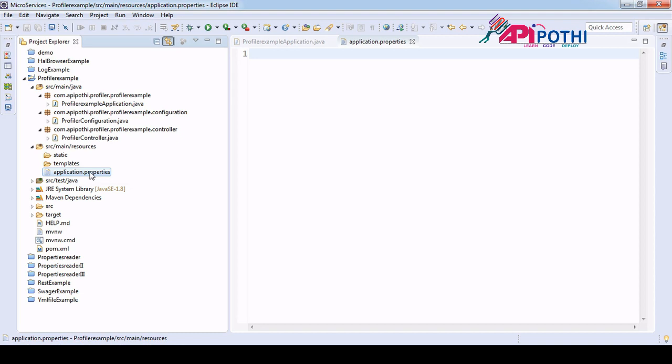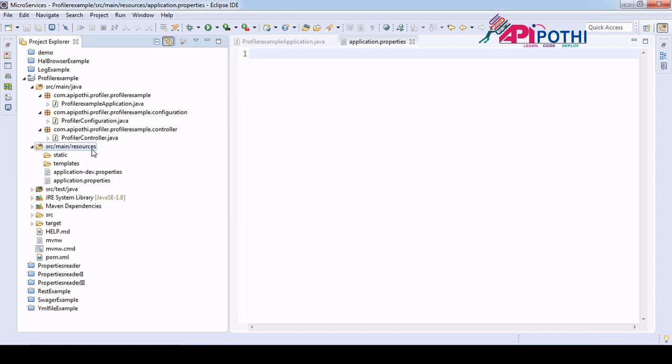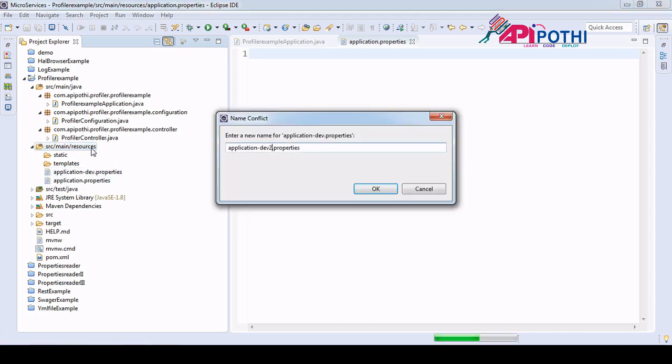This is the application.properties file, which is the default, but if you want to create your custom application.properties file targeting some environment, then you should have application, a hyphen, and the environment name. Suppose you want to create one for dev, then it goes as dev. Suppose you want to create one for QA, then it should go as QA.